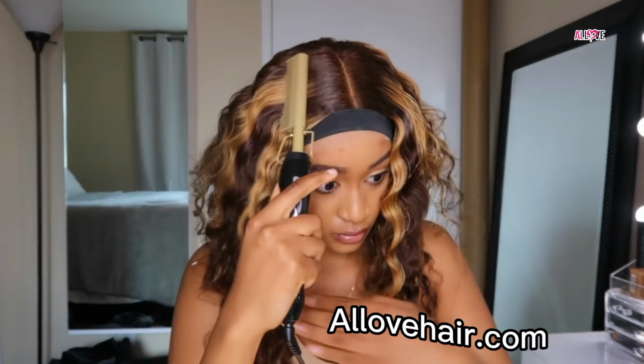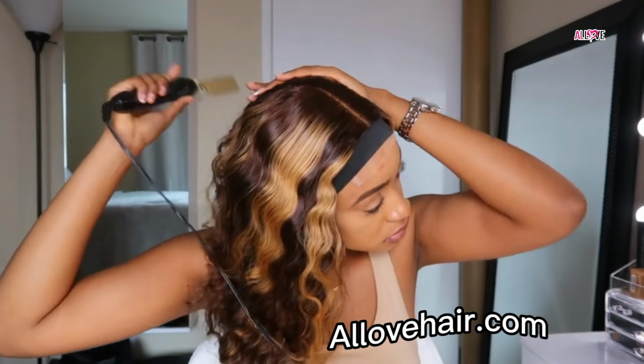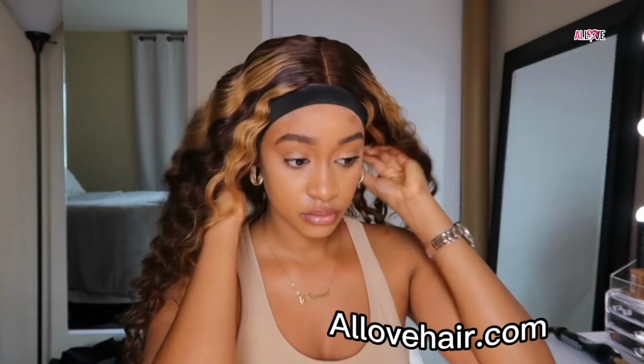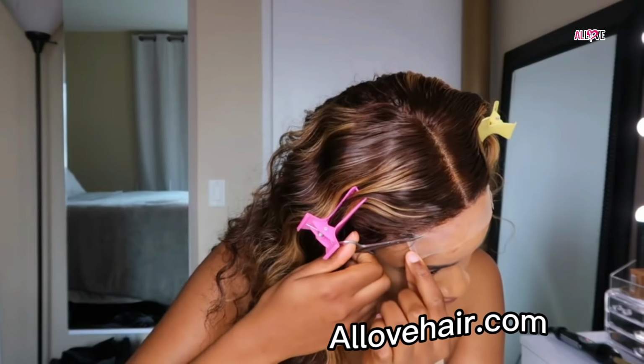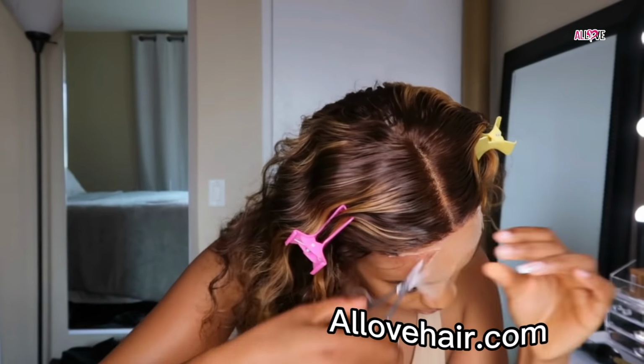I don't believe you can choose any other density, but I feel like this density is very natural and it looks amazing. But you can choose between the length 16 to 26 inches. So this exact unit, which is 24 inches, is